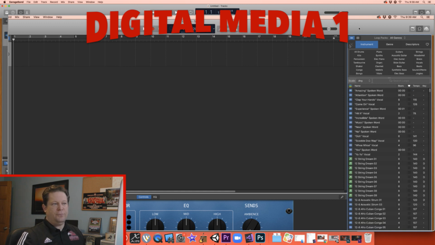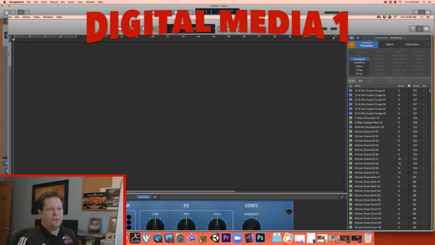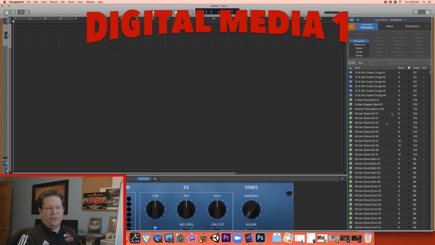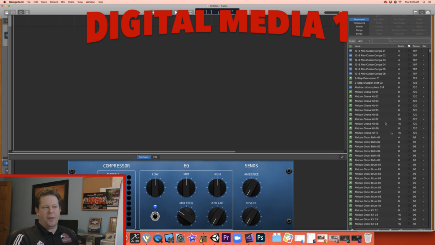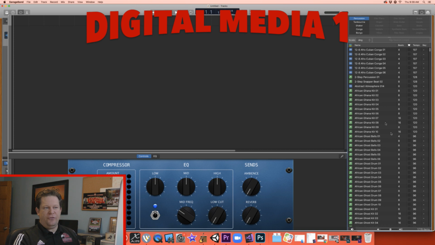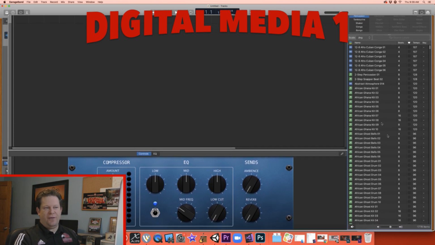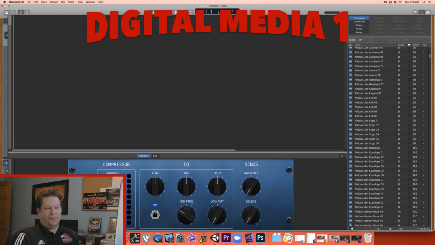So here's what we can do. We can start off by instrument here and do some basics. So when I go to instrument, the very first thing that I might think of is I might need some percussion, some drums, background. You can see there's a lot of stuff in here. You may not have all of the loops right out of the gate. As soon as I get it cleared that we can use that loop download in self-service, you'll be able to grab a lot more loops here. So use the ones that are downloaded and available here. And if I scroll down, there's a load of stuff here. And any one of them,